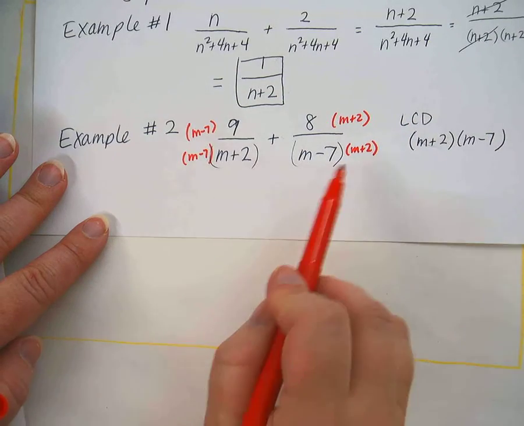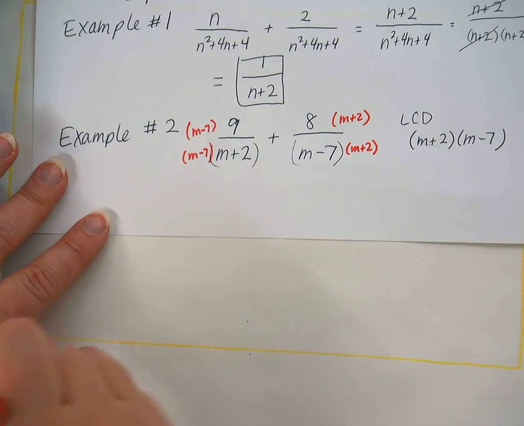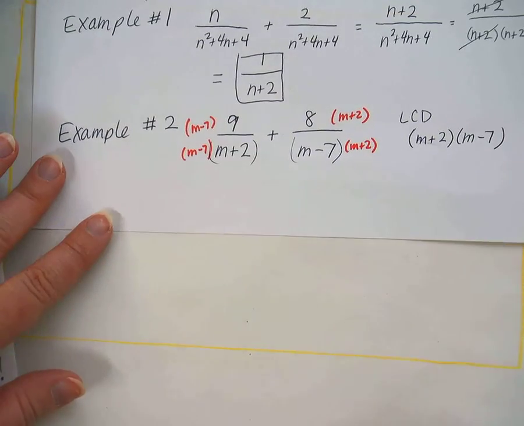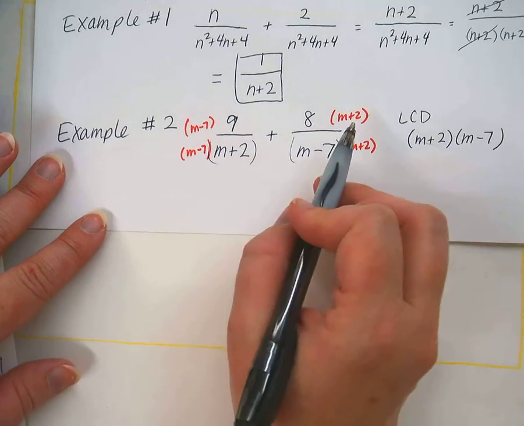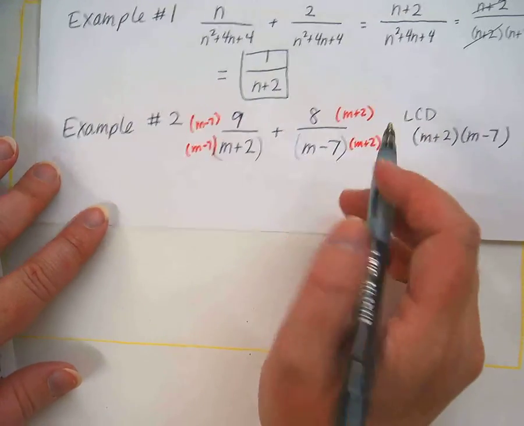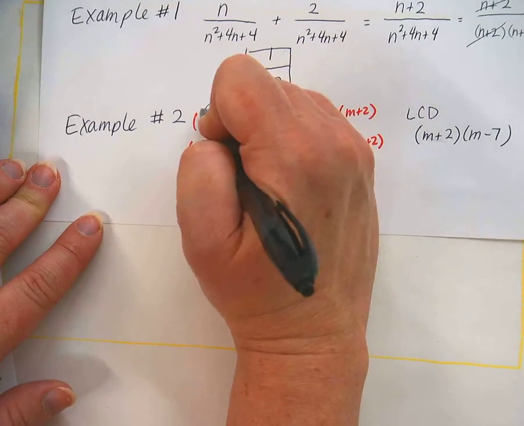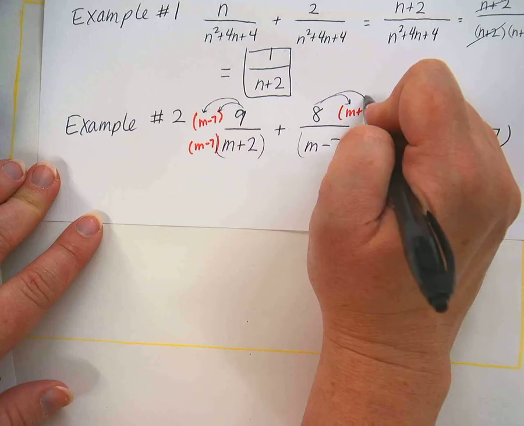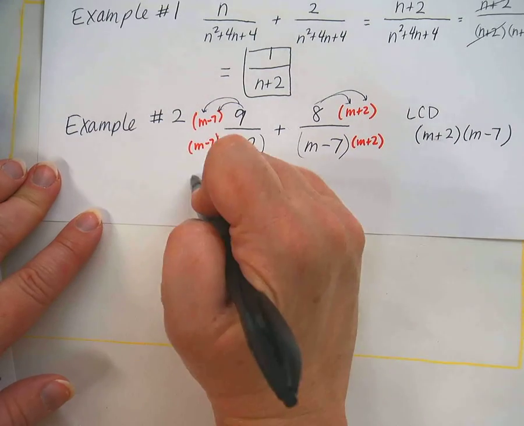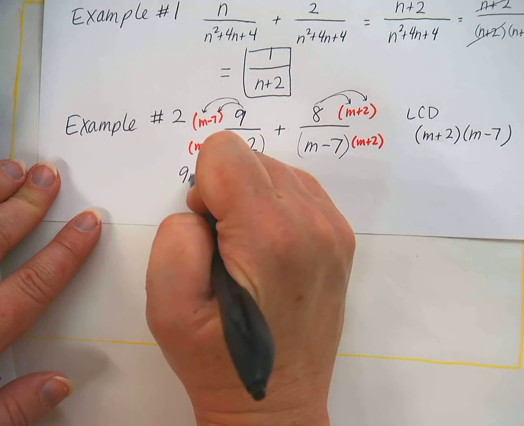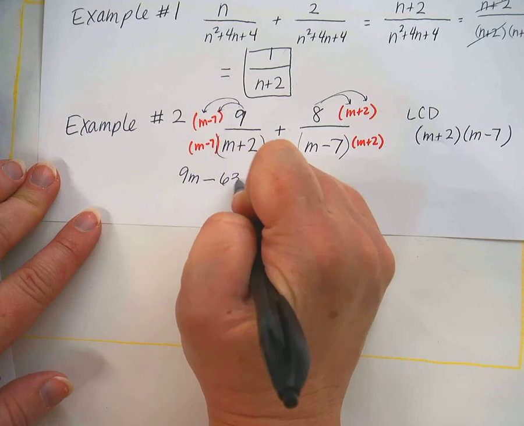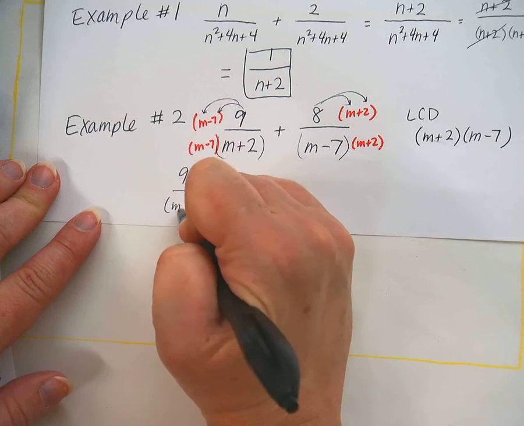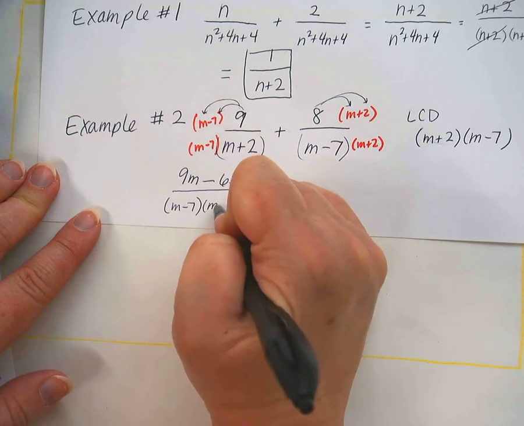Does that give me my common denominator in the bottom? It does, okay? But in the numerator, I'm going to have to distribute. So let's go ahead and distribute 9 times m, 9 times 7, 8 times m, 8 times 2. So we end up with 9m minus 63 over m minus 7, m plus 2,